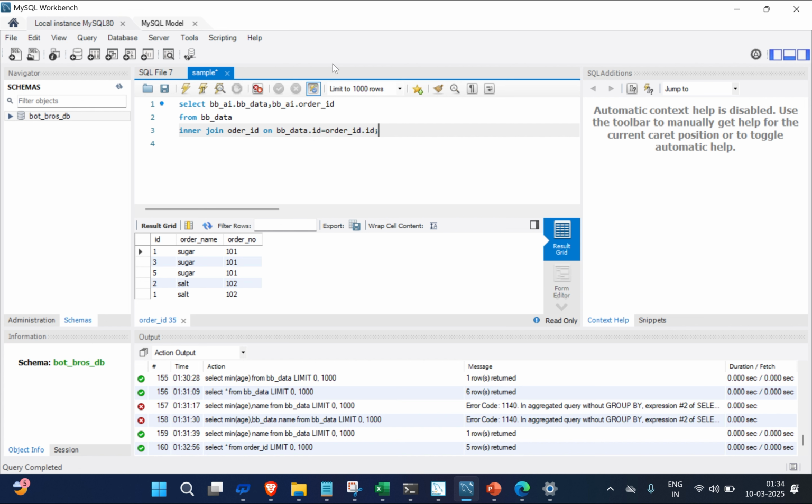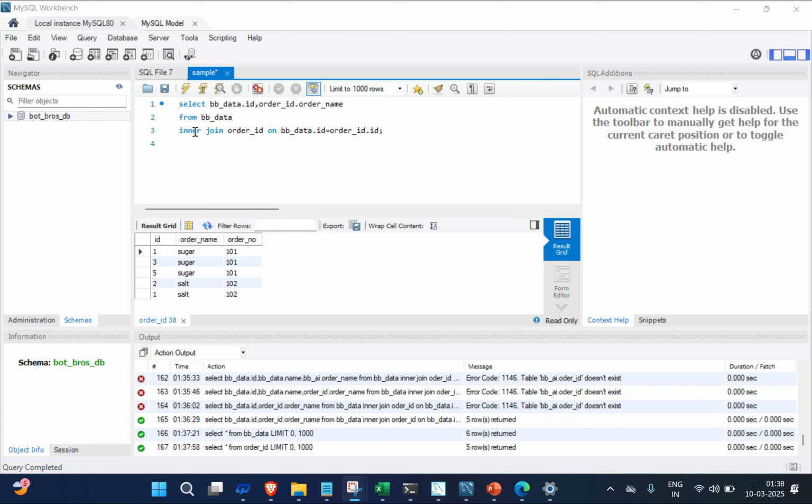So now if I run this new function, which has select id of bb data and then order id dot order name, and then from bb data we will do an inner join between order id on bb data equal to order id dot id. So now if I run this,